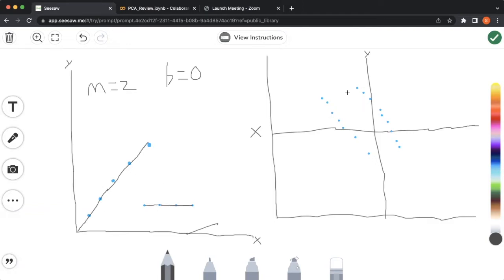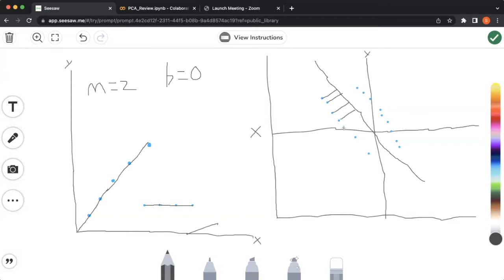A lot of times you may get data that looks a little more like this, where there's a bit more variety. What we do in a situation like this is the PCA algorithm will identify a line that best splits the data. I know that line probably isn't it, it's kind of a sloppy line, but that's just my handwriting. Anyway, then all these data points will get drawn onto that number line,